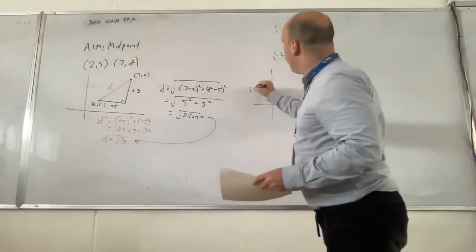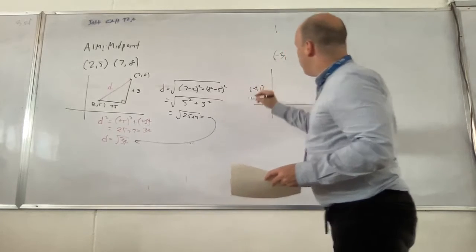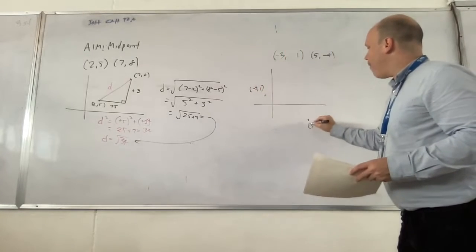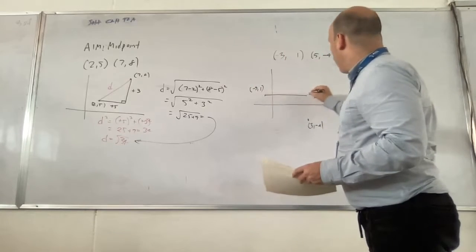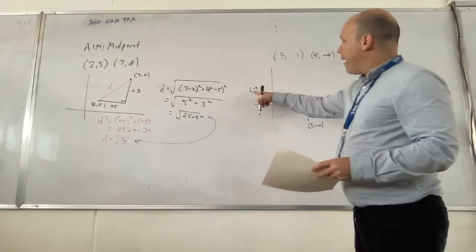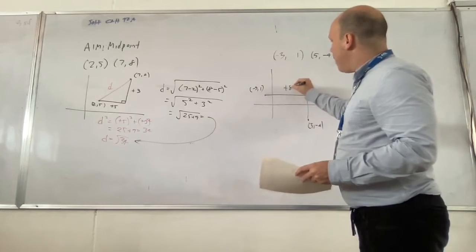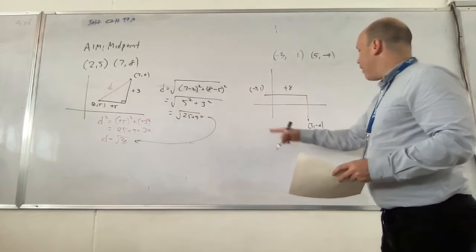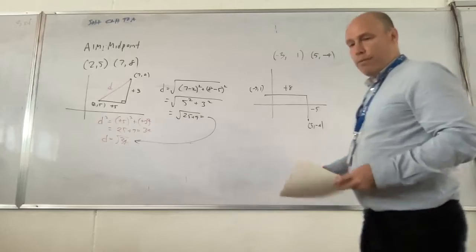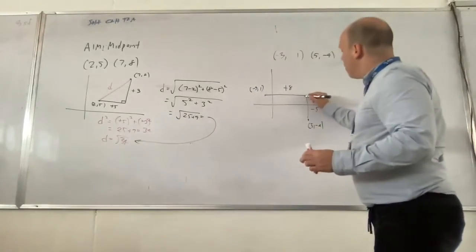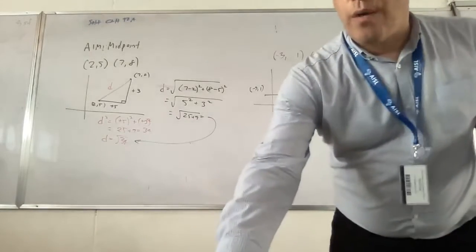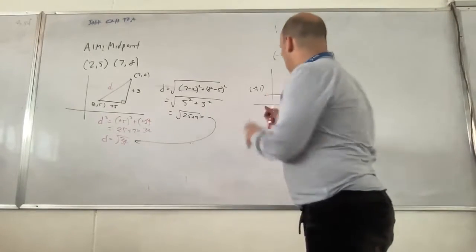Right? Let's see, we have negative 3, 1 over here, and down here we have 5, negative 4. I can take the journey over and down. So let's see, from negative 3 to 5 is positive 8, and from 1 down to negative 4 is negative 5. And then I created a right triangle, drawing the hypotenuse,